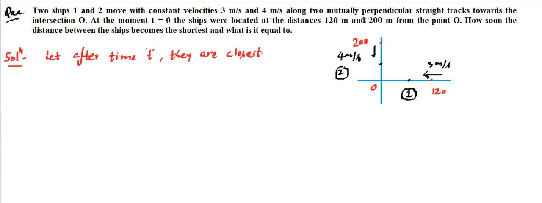So can we find the new coordinates they are going to have? We can find those new coordinates. Once we are able to find those, can we find the distance between them? That's the distance between the 2 points we are looking for. Since time t has elapsed, this must have covered a 3t distance, and the other has covered 4t, because we know velocity is equal to distance by time. So distance is going to be equal to velocity into time, and this applies because acceleration is 0, since they are moving with a constant velocity.